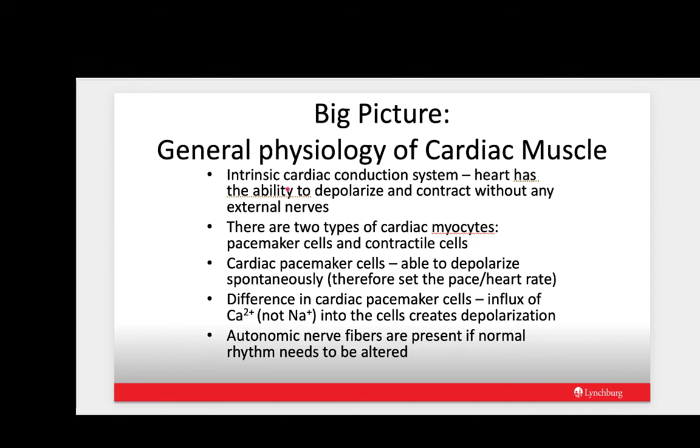Okay, so just a broad overview of the general physiology of cardiac muscle. The heart has what's called an intrinsic cardiac conduction system, and this is the unique ability to depolarize and contract without any external nerves. If you think about that for a minute, this is very different from skeletal muscle. So skeletal muscle had